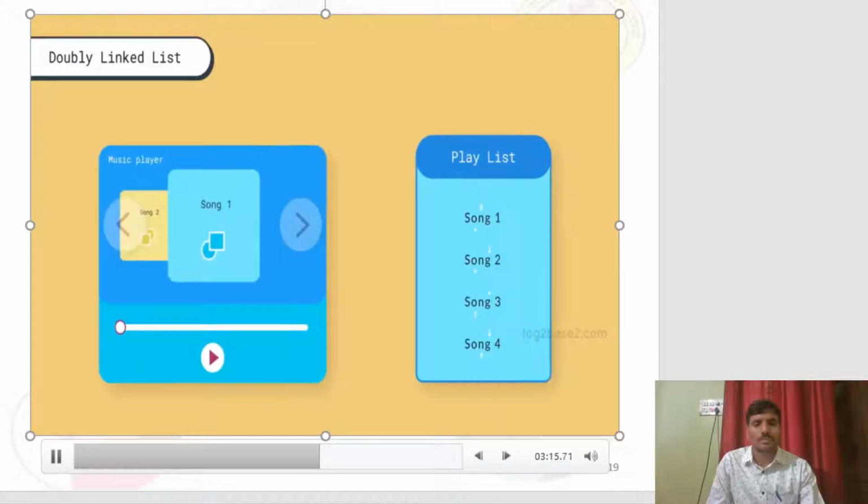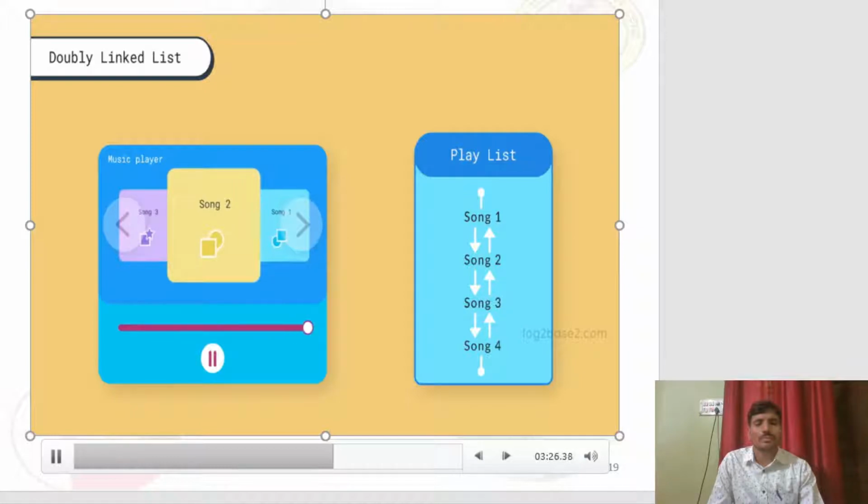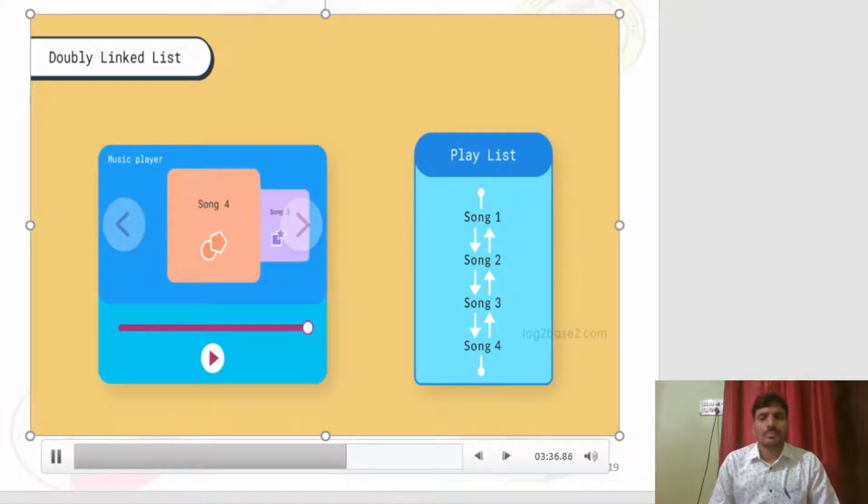And in doubly linked list, the nodes are connected in both directions. So we can go either way. So we can play song 1, then song 2, then song 3, and from song 3 we can play song 4 as well as song 2. That is, we will have both previous and next buttons. So bidirectional navigation is possible. And after all the songs are played, the music player will stop playing.